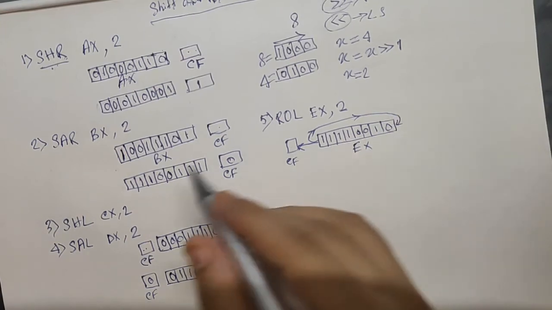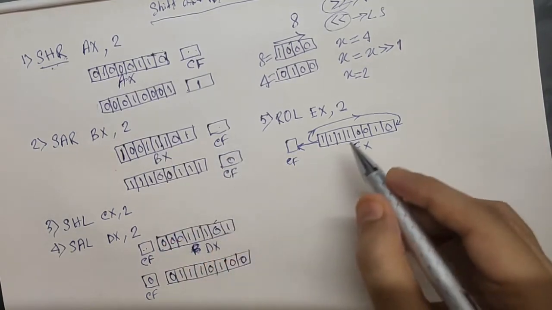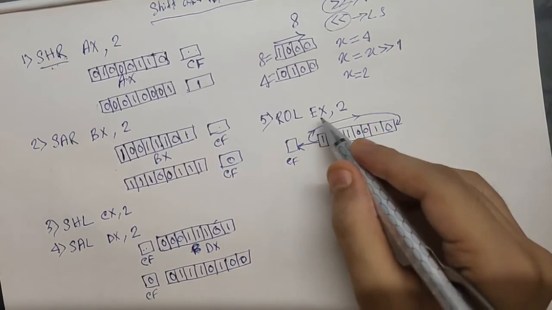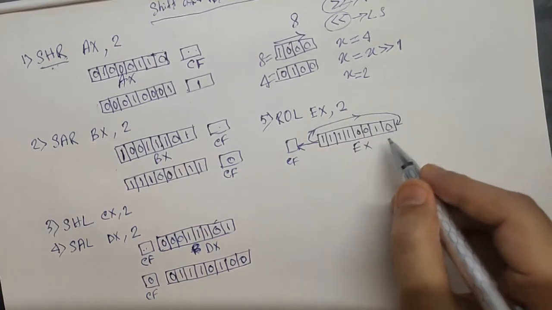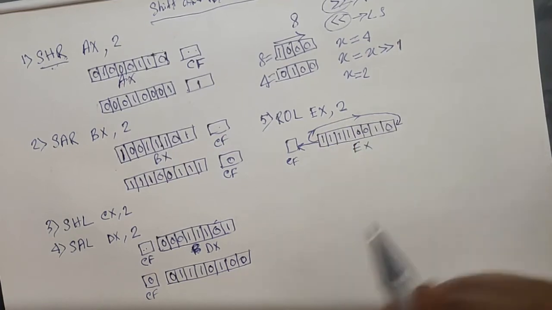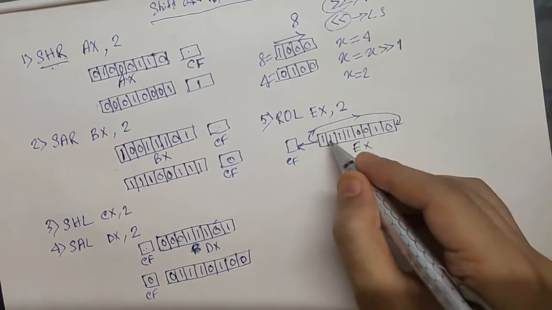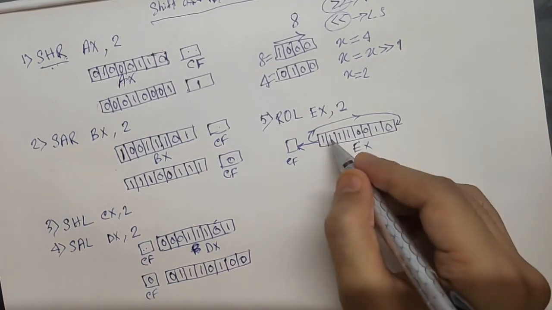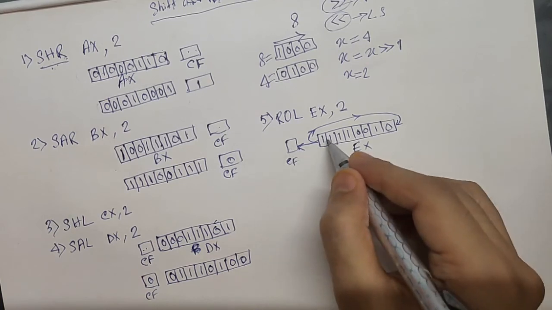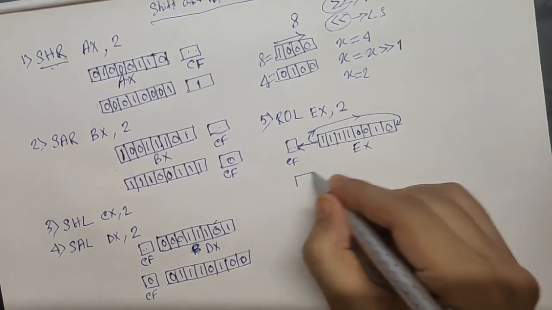In the earlier operations you have seen that we discarded some bits, but here you are not discarding any bits. We are just keeping track of this: in the rotate operation, one will come here, then this one will come here. So what will be our output? At first this one will come here, then this one will again come here, and also at first this one will come into the carry flag, and then when the next one comes here, the first one will get discarded. So our output will be like